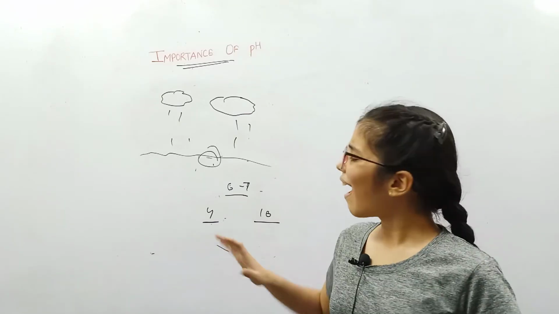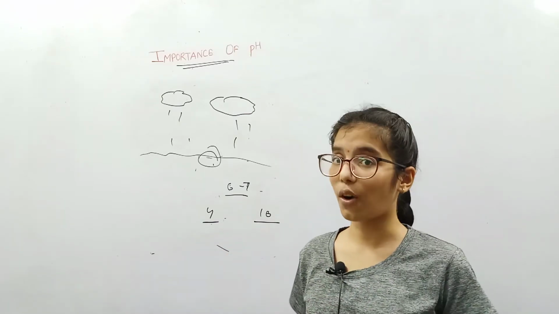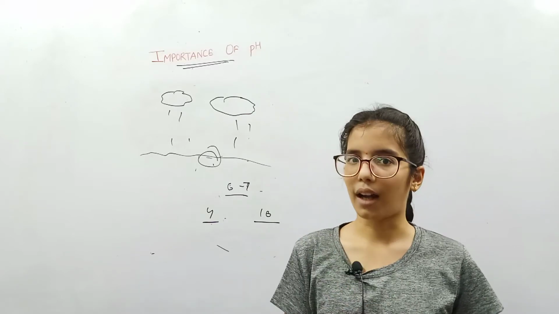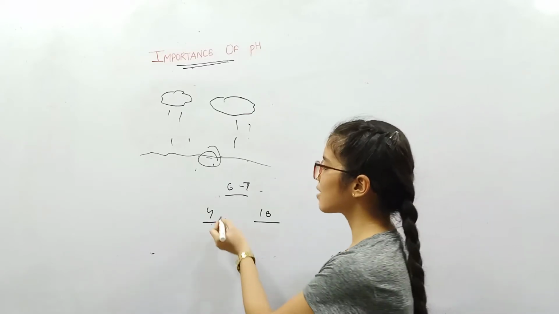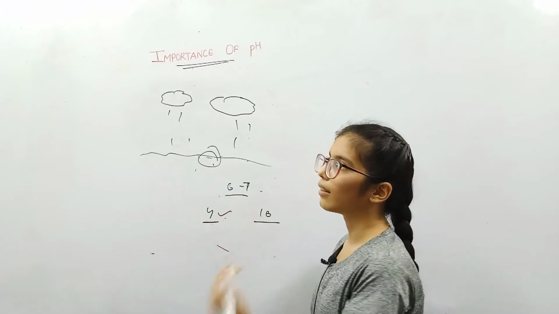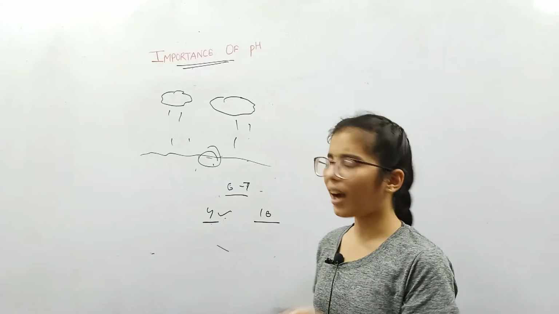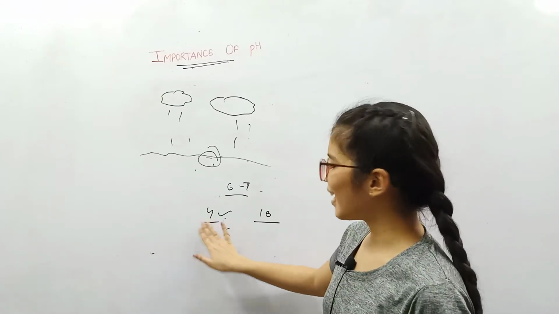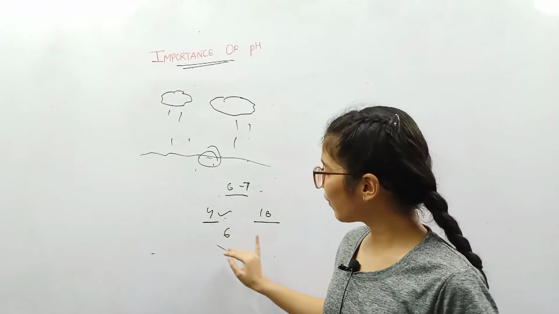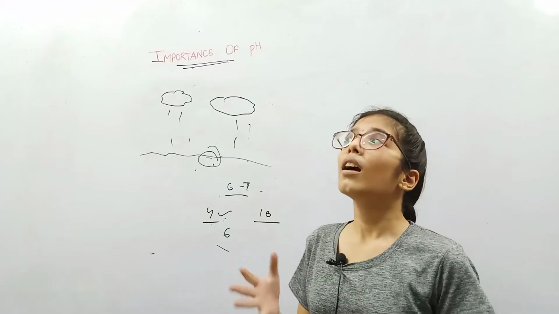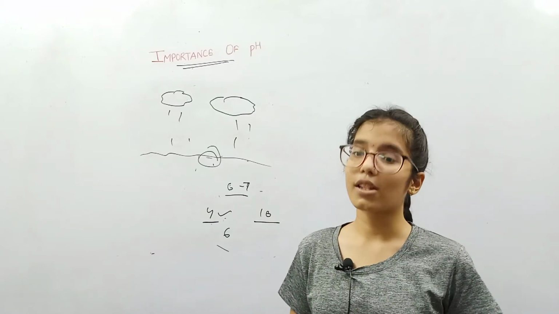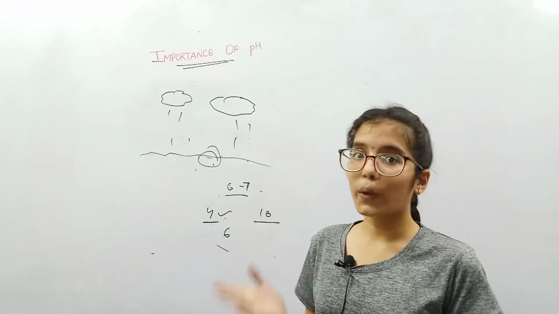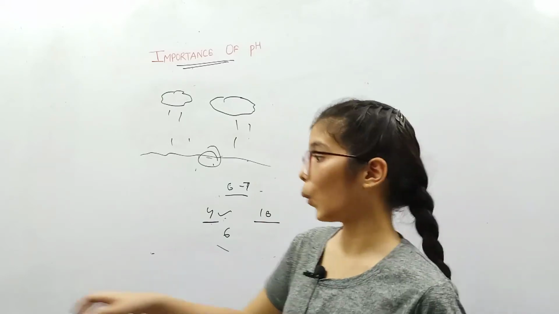But how does treating the soil help the plants? The type of soil directly affects plant growth. For example, if the soil pH is 4, but the plant prefers 6, what will happen? This type of soil is not suitable for the plant and it will not grow well. It can be attacked by diseases, or it can even die. So that's why it's necessary to treat the soil so that plants can grow healthy.